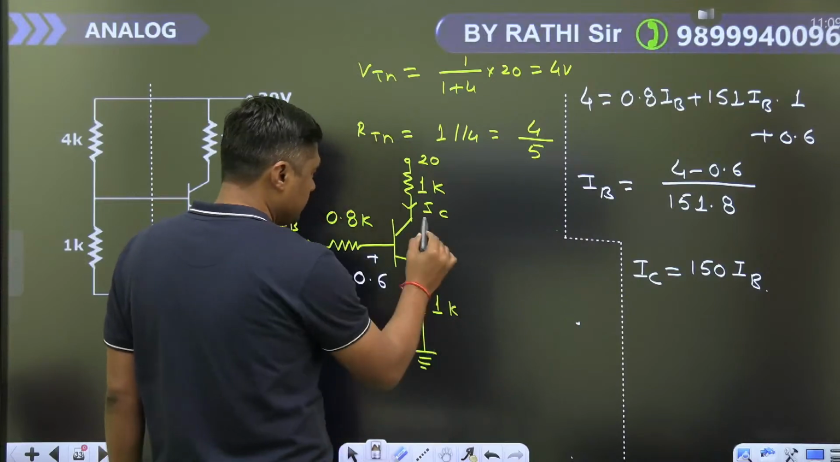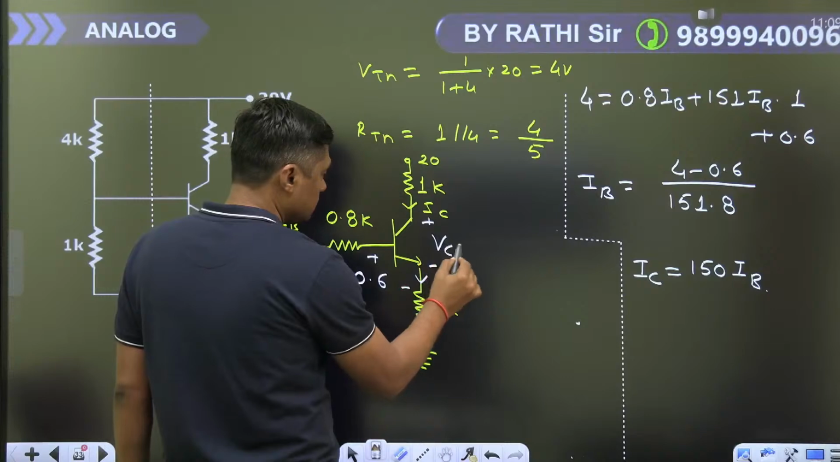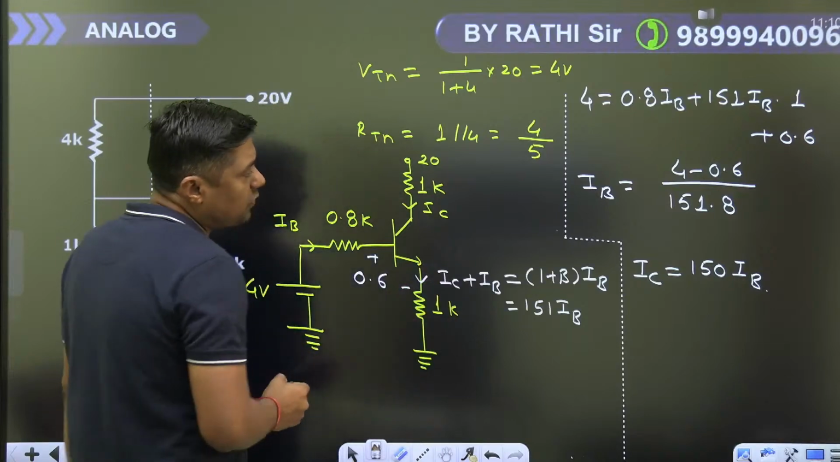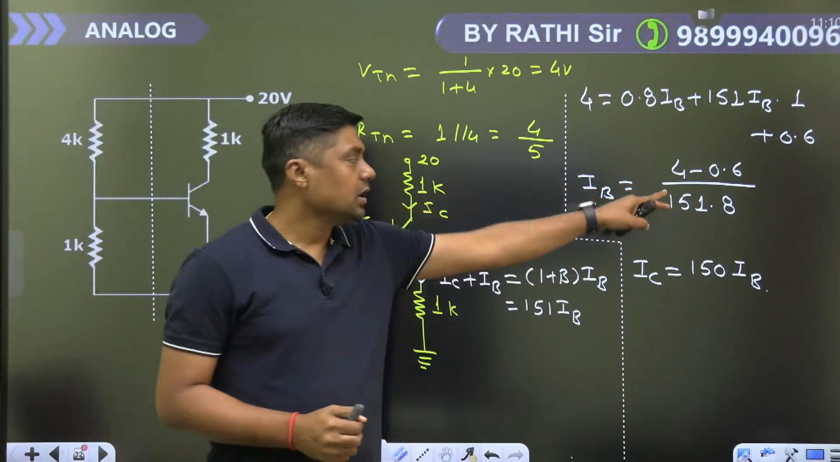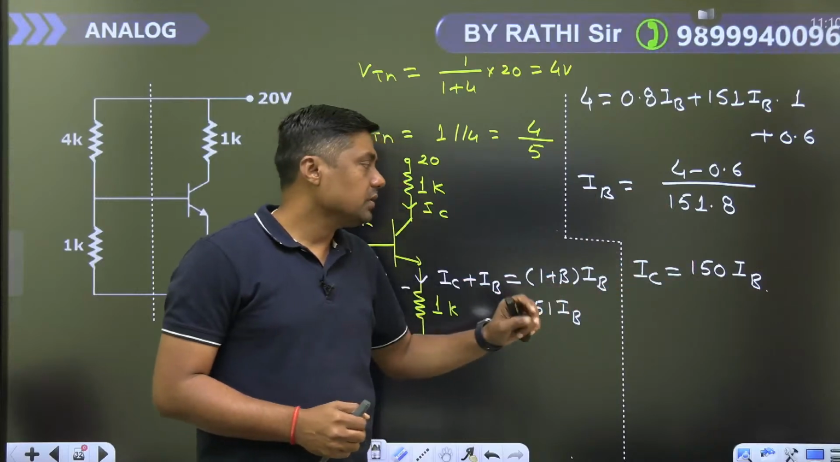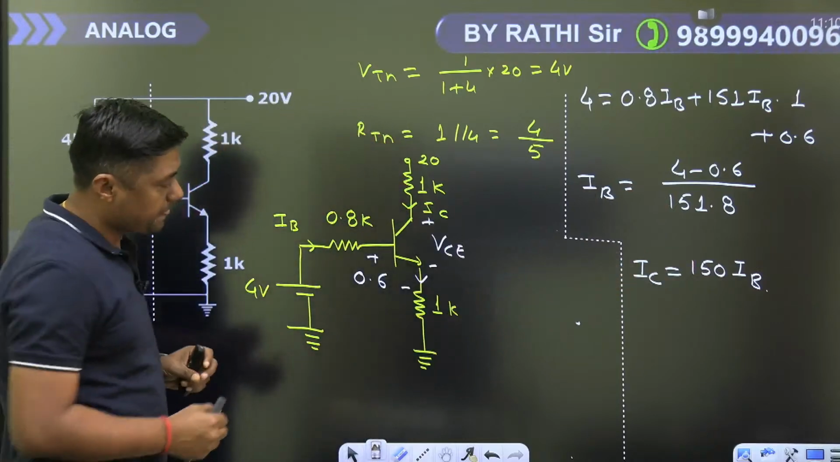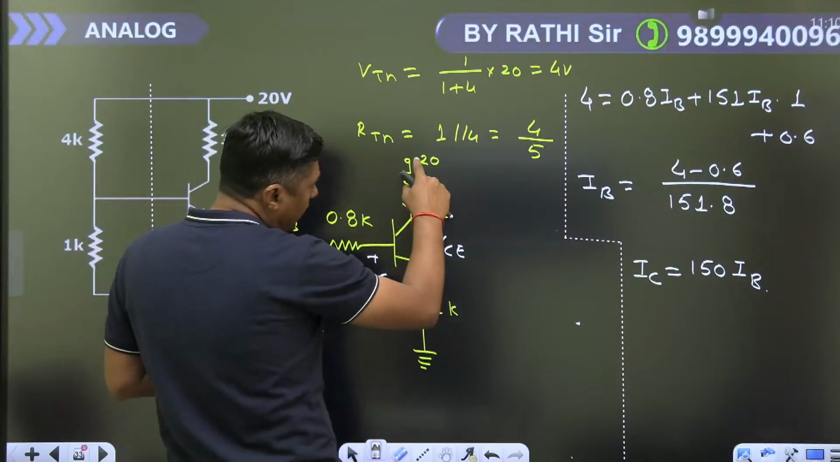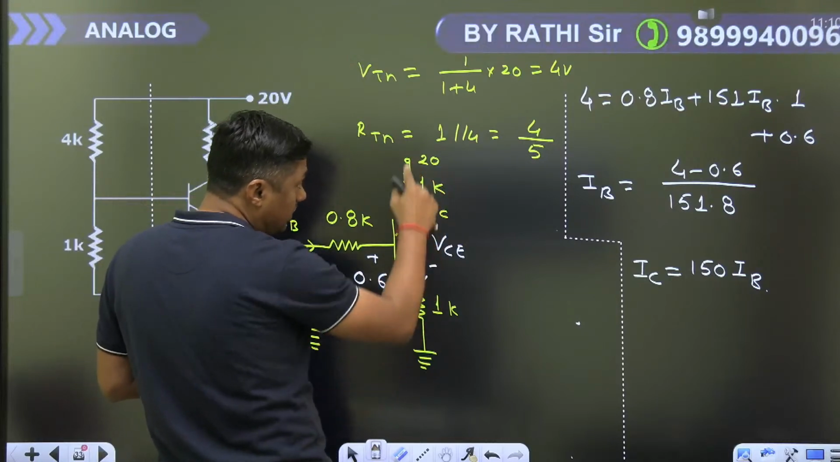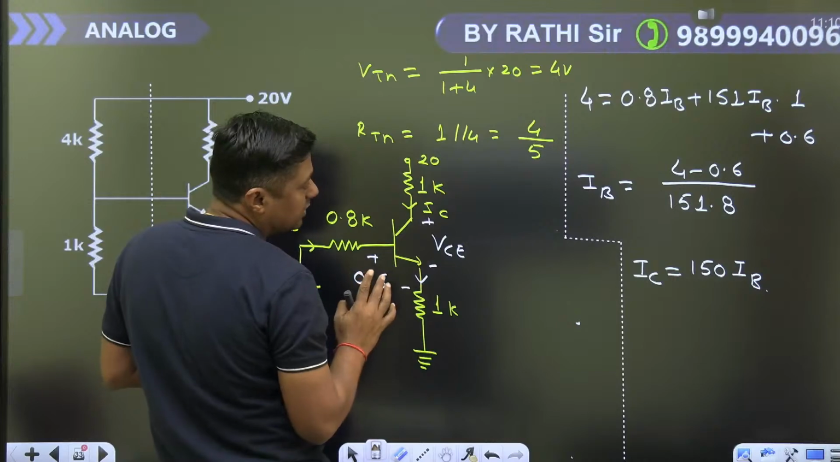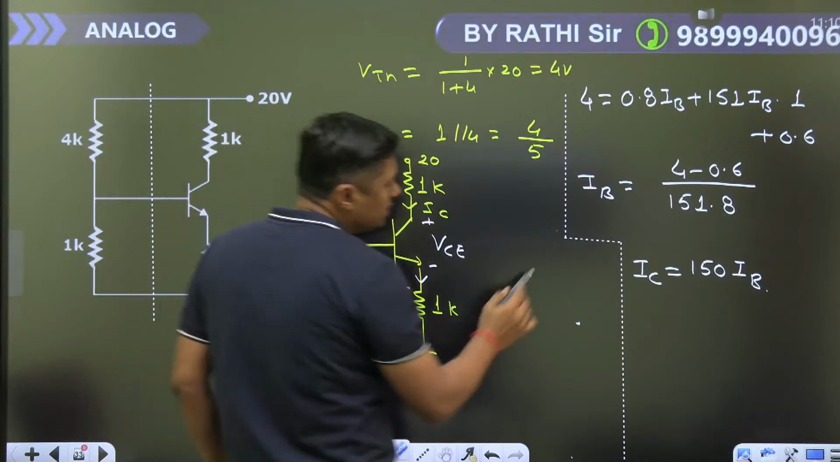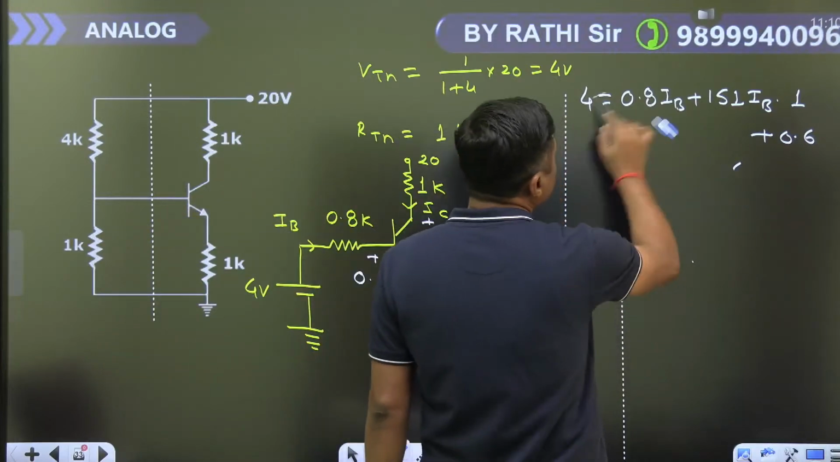This is VCE. First of all, find the value of IB, then find the value of IC, then finally VCE. VCE means you have to write the KVL from this point to this point. Remember, from this point to this point. So what is the KVL here? Just to find the VCE,